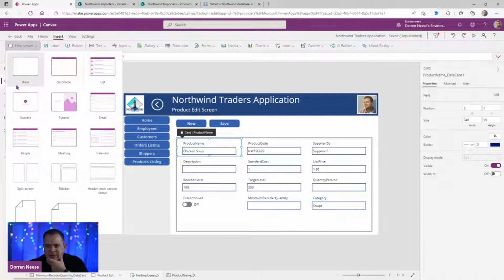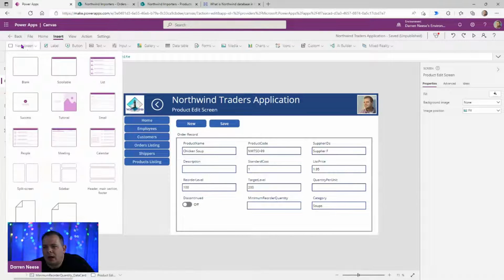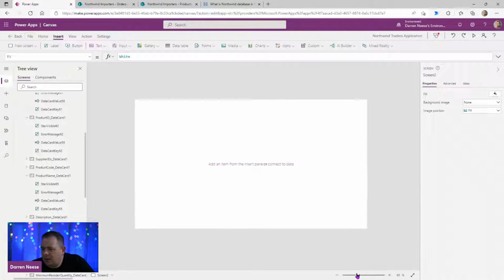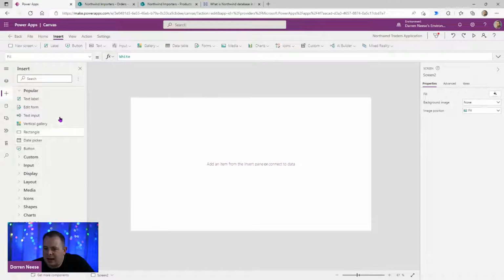There are all kinds of little screen templates here. I'm not saying that we should do it, I'm just asking if we can. I don't even know why you would want to do a data card in there, but I'm going to create a new screen just to show you this. If you go over to this add button here,